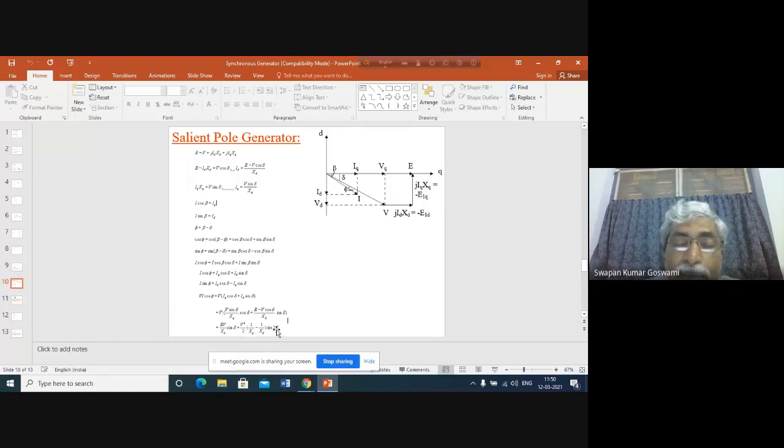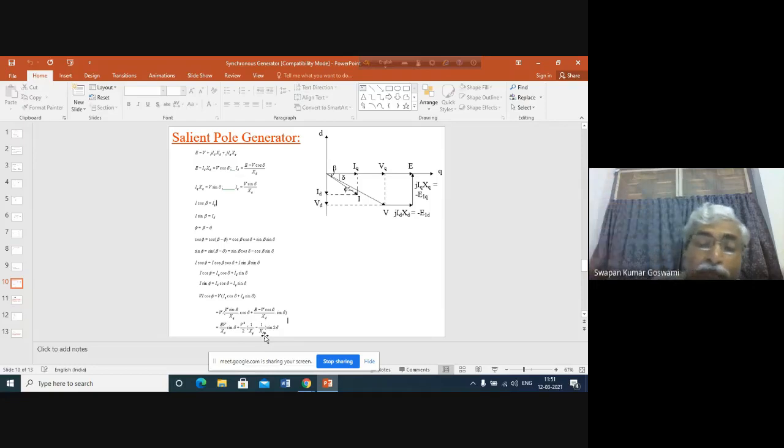Now this part will complete its full cycle within this 90 degrees of the first part. Within 90 degrees of delta, the second part will complete the full cycle. So now, can you tell me what will happen to the active power, to the power angle curve of this machine? We have neglected resistance here, as we did in the cylindrical rotor machine also. In the case of the cylindrical rotor machine, the peak of the power angle curve occurred at delta equal to 90 degrees.